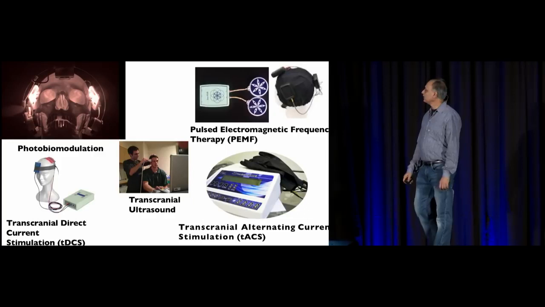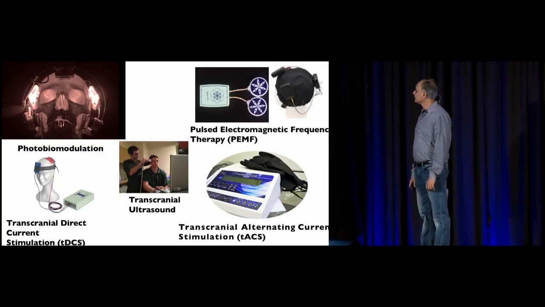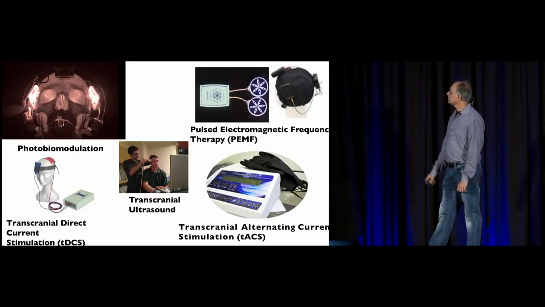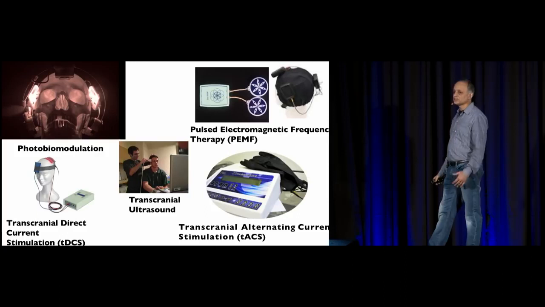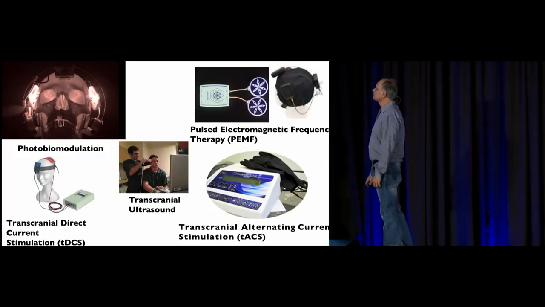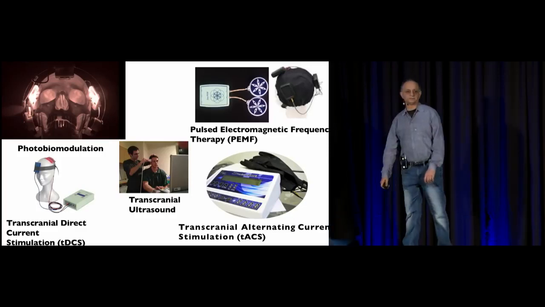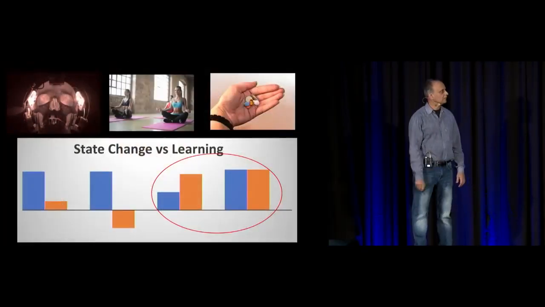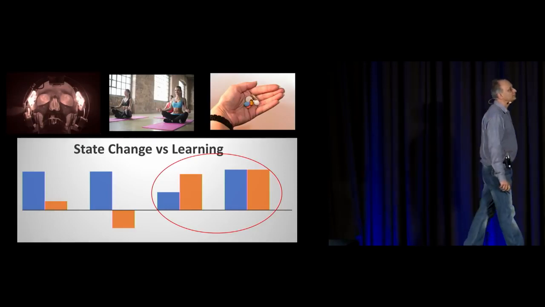All right, so we've already looked at there's many possibilities. There's direct current, alternating current. There's also pulsed electromagnetic frequency and ultrasound, all in small intensities. Then there's photobiomodulation, which is putting light into the brain. So basically adding this kind of energy into the brain, especially now I'll be talking about electromagnetic energy and light, which is also a form of electromagnetic energy.